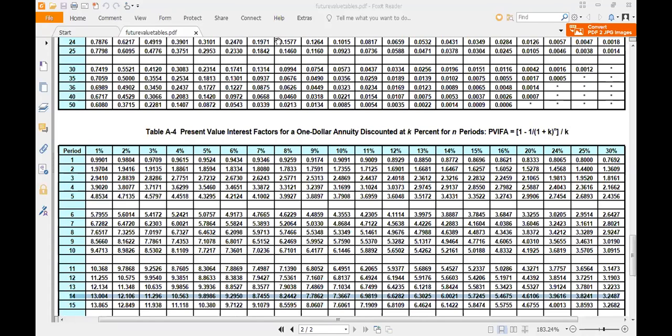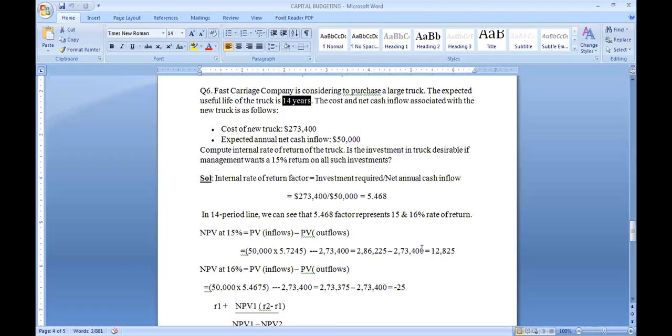Okay, so we will move back now. So moving back to the question, the two values are 15% and 16%. Now the next step is we will calculate NPV at 15% and at 16%. Okay. So in this case, since we were already given the average inflow, which means there were not uneven cash inflows, we will use the annuity table for NPV also. Okay, because here there are no different cash flows, it is a single case, that is, an annuity case.